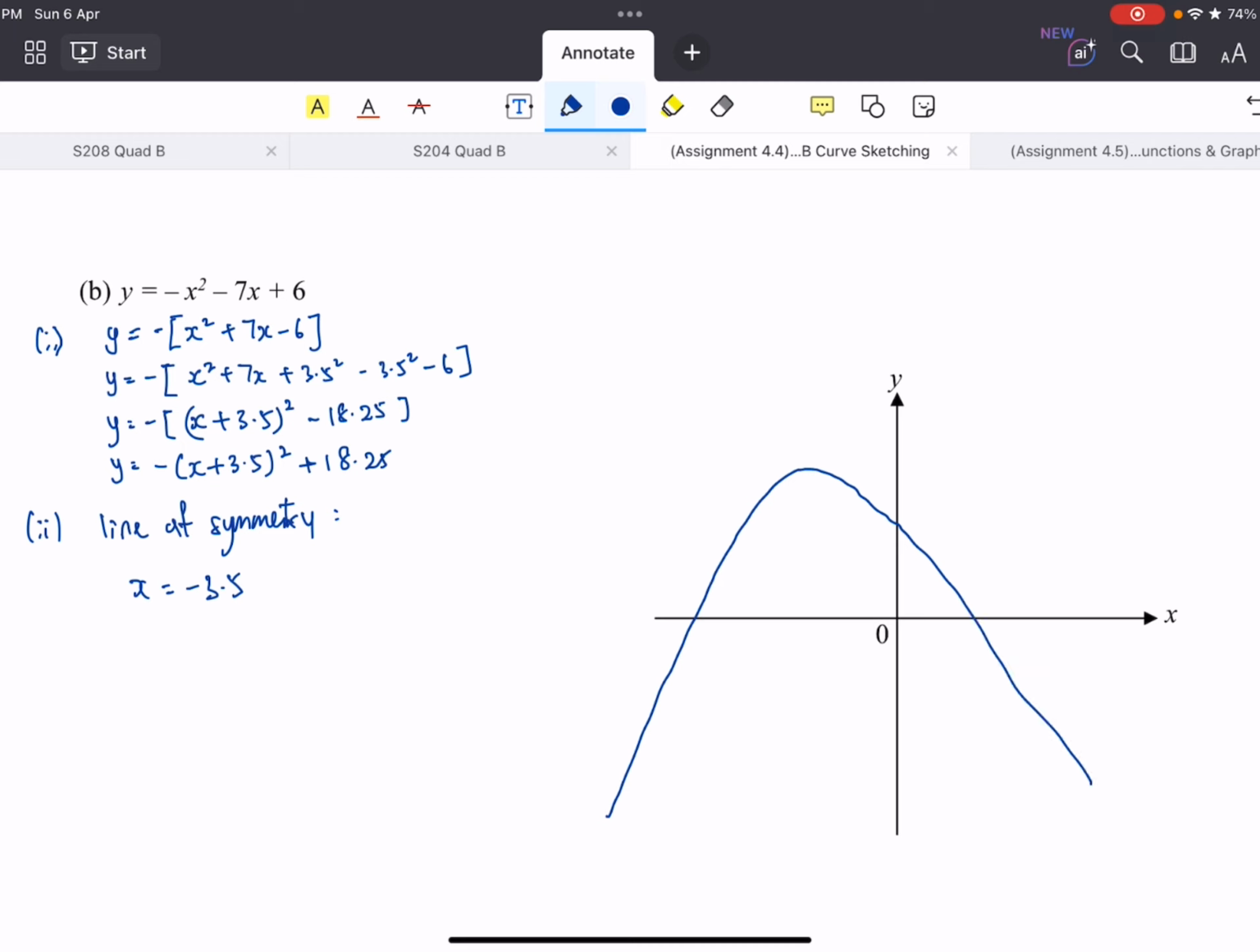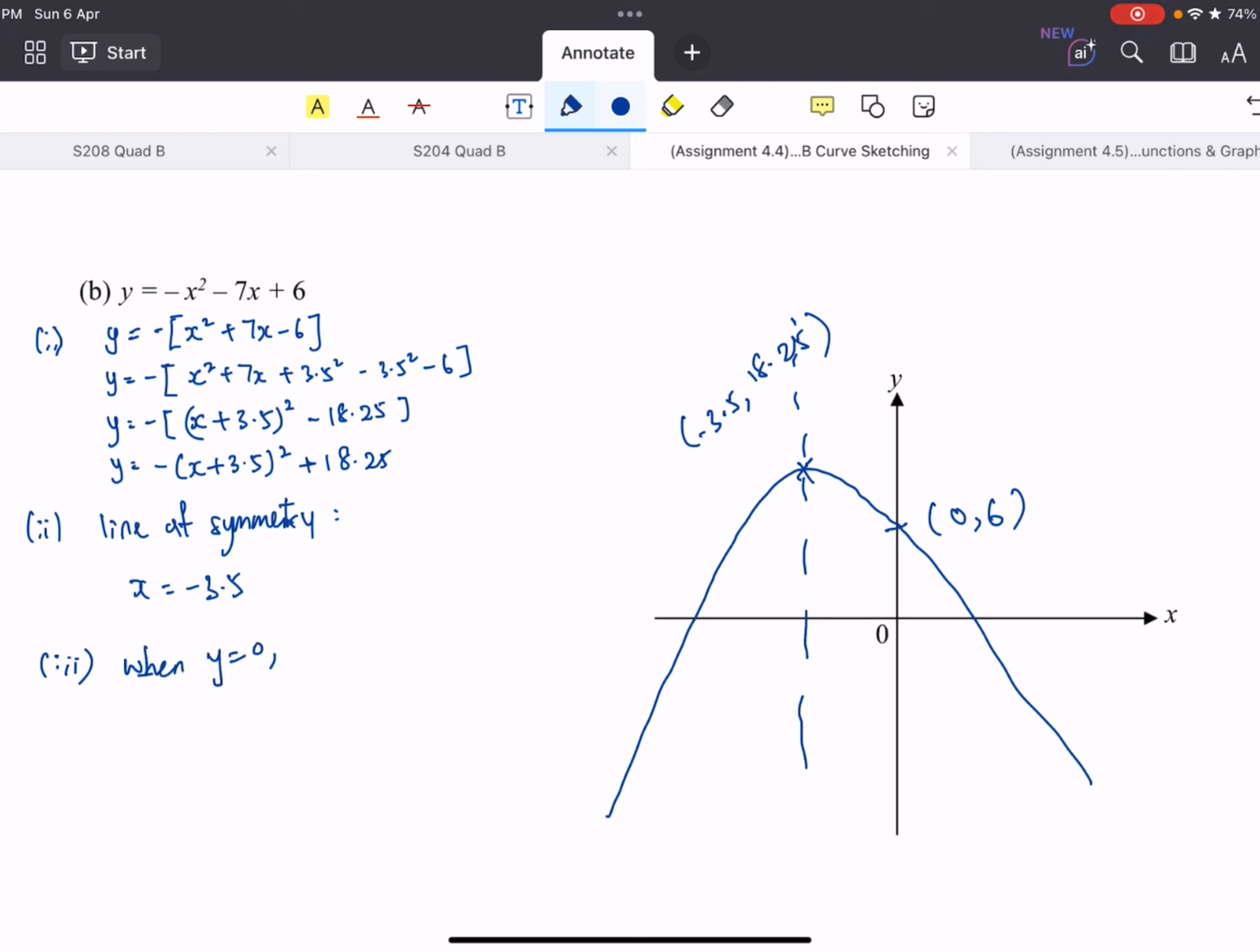Right? So let's mark out the points. Here is the line of symmetry. This point over here will give us (negative 3.5, 18.25). Right? Over here, this one will give us (0, negative 6). Now, in this case, there's an x-intercept. So we need to find the x-intercept, right? So we can do this. We have, when